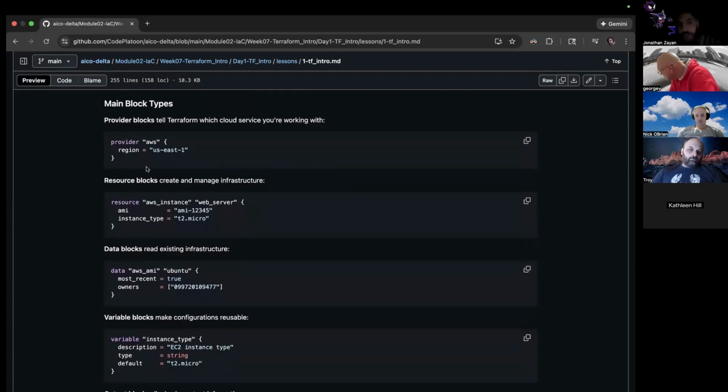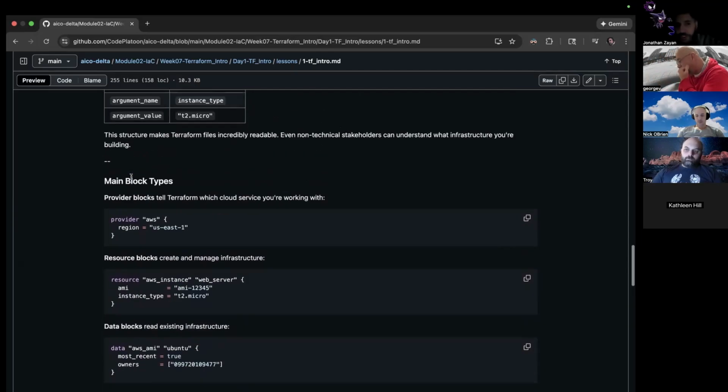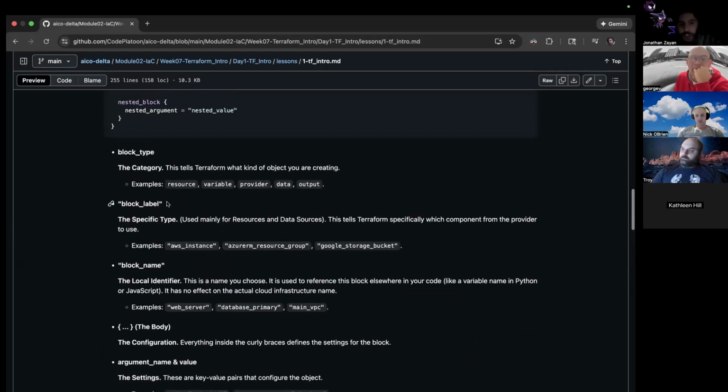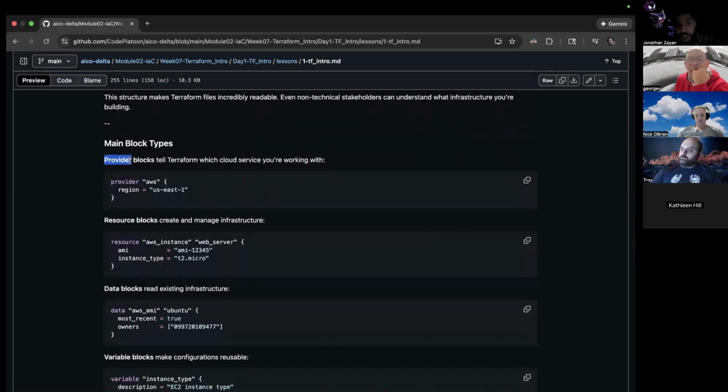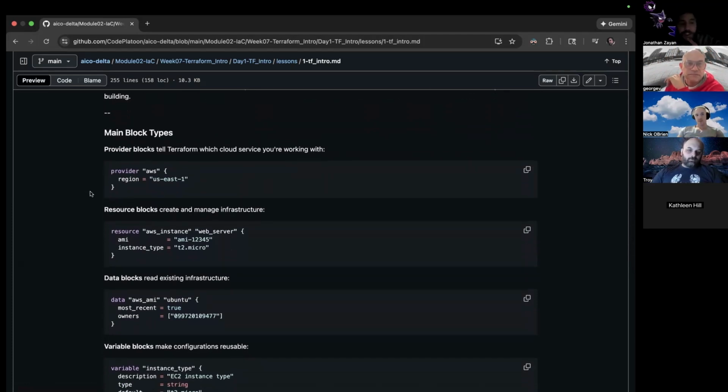Okay, yeah, so this is kind of answering your first question, or at least part of it, right? Because you were asking specifically about these block labels. So for block type, we do have a list right here of the common ones. So provider, you're going to use this every time because you need to reference your service. The provider block tells Terraform which cloud service you're working with. So in this case, which one are we using? AWS, my man. And then anybody know what region it's in? US East 1. Yeah, easy peasy. So this is literally how you would define it.